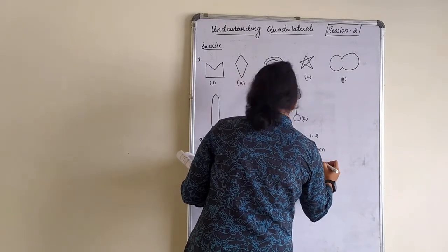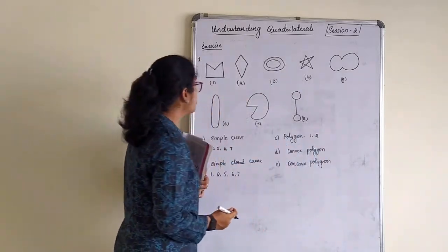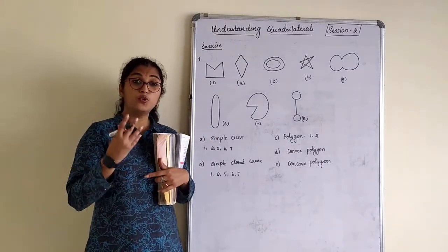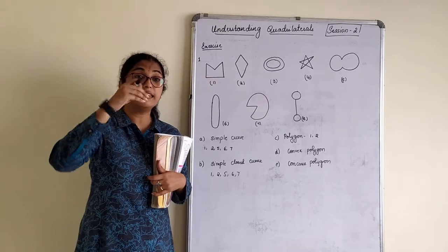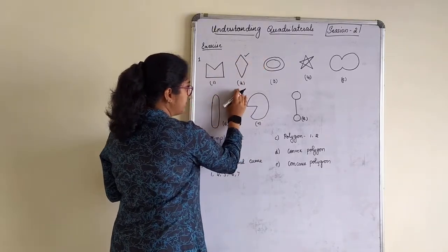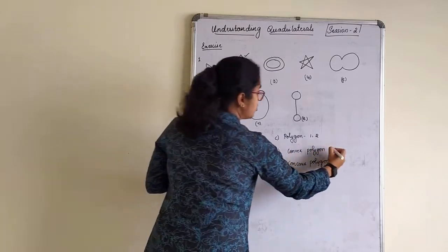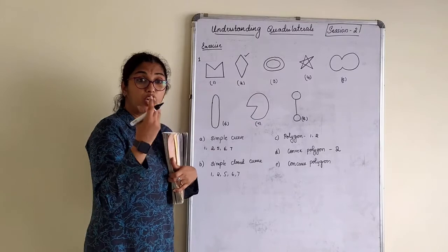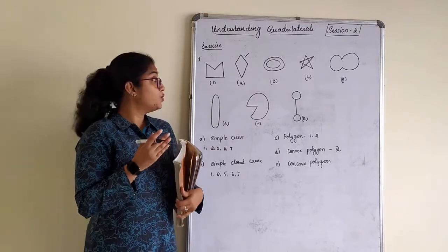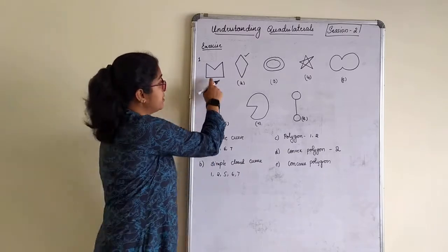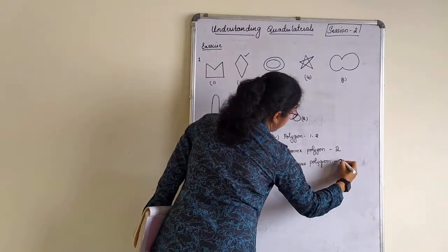Concave polygon. Now, which one is the convex polygon here? A convex polygon is a polygon whose diagonals lie in the interior of the given polygon, which is nothing but the second one, because we have only two polygons. So the convex polygon is the second one. What about concave? A concave polygon is a polygon with at least one diagonal in the exterior. Can this be? Yes, the first one.